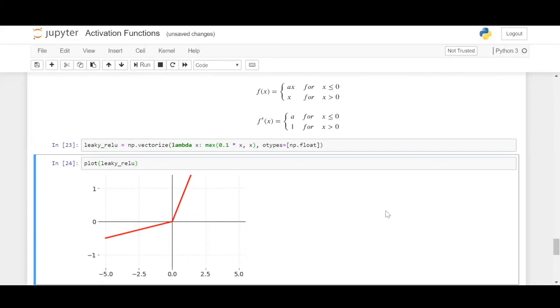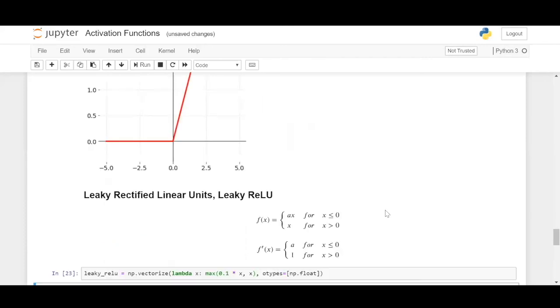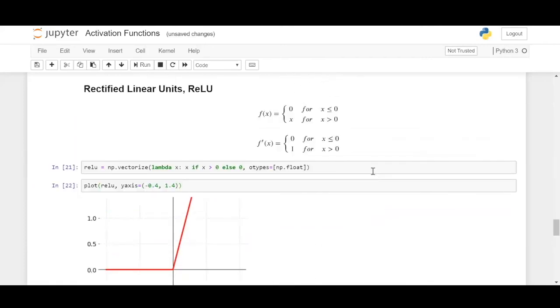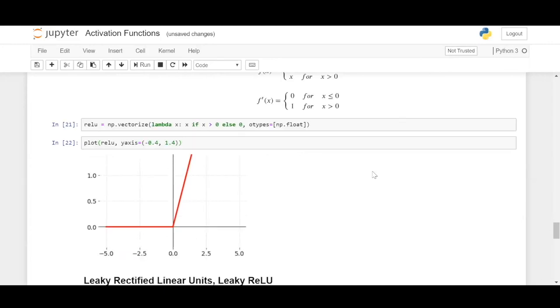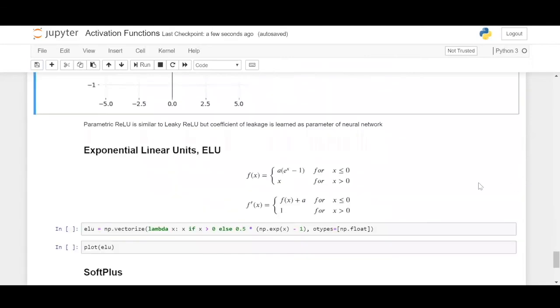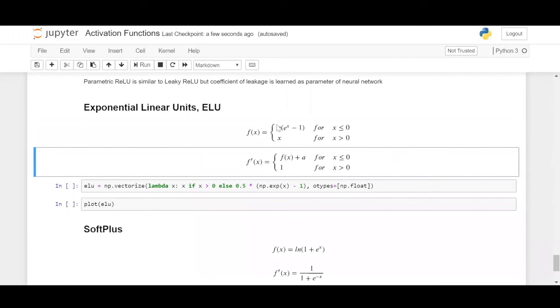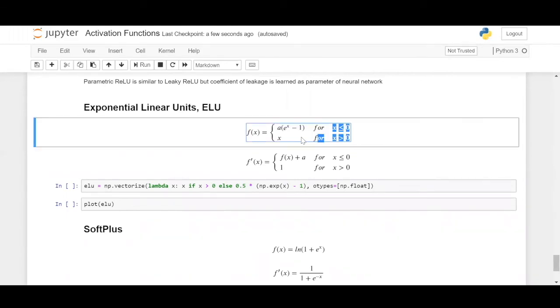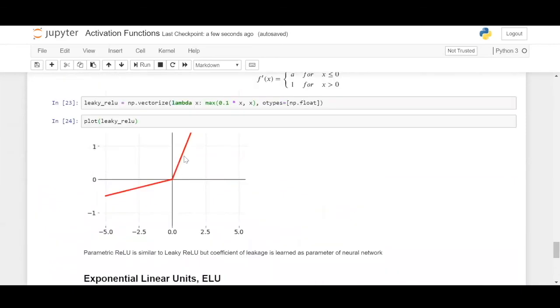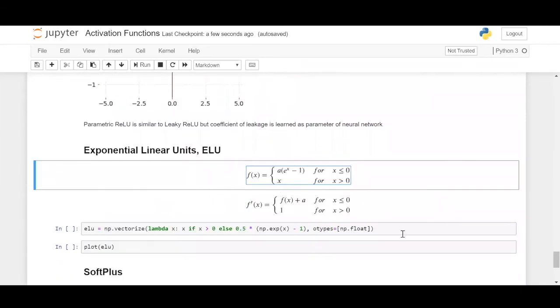But to be honest, I personally didn't have a requirement to use this activation function in any of my neural network building tasks. So ReLU you'll be working with a lot. ReLU, tanh, sigmoid activation function, and binary step also. So let's move on to exponential linear units. This is just a formula-based activation function. We'll be using a bit of exponentials to define the negative x-axis and just x for defining the positive x-axis, like you have seen here.